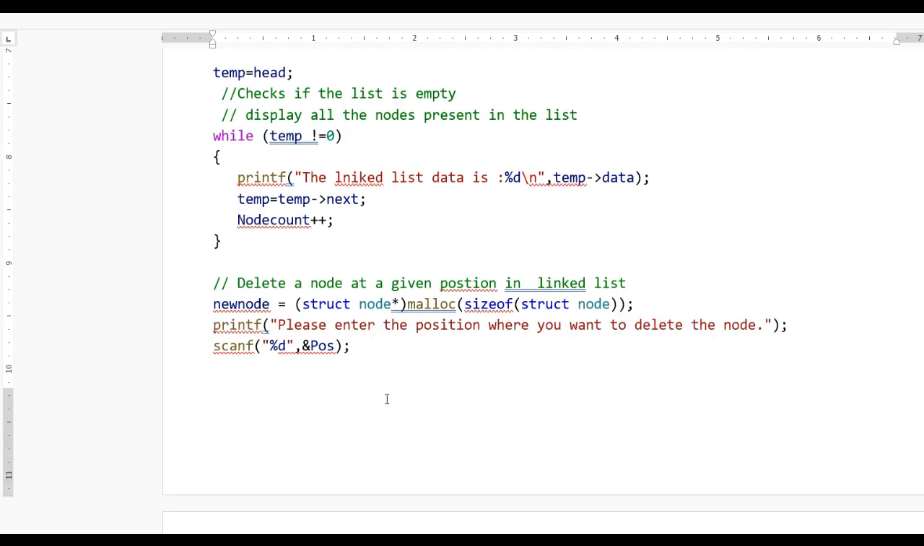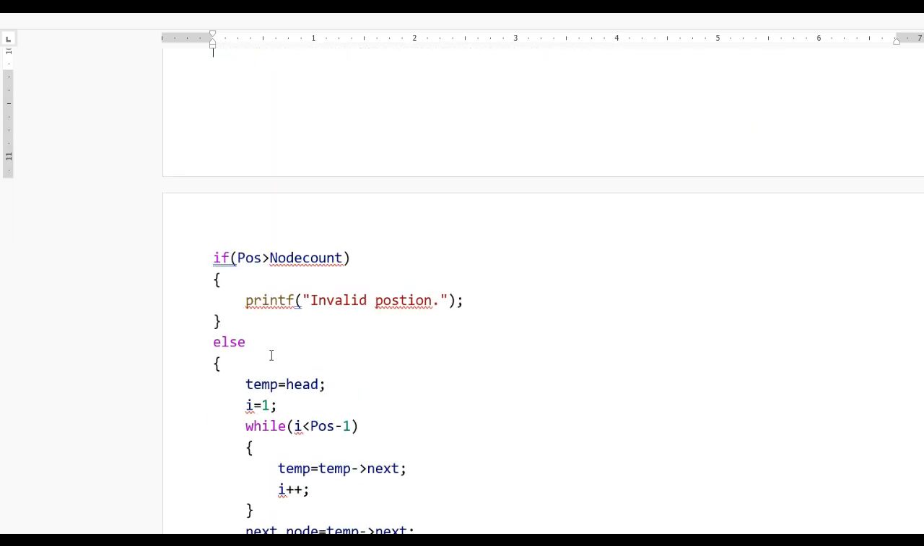Now here is the next scenario, you can see here delete a node at a given position. So we also need to define a new node with dynamic memory allocation, struct node malloc sizeof struct node, and here you can see please enter the position where you want to delete the node. Simply get the position from the user where you want to delete the node, here scanf position and %d, and check